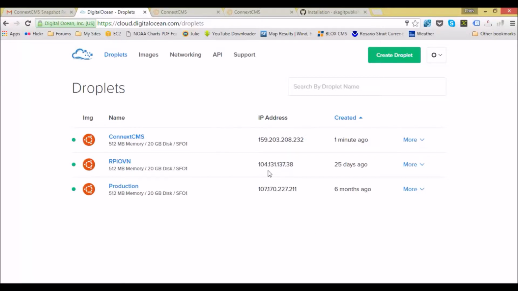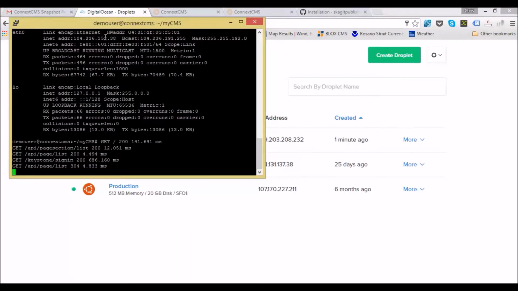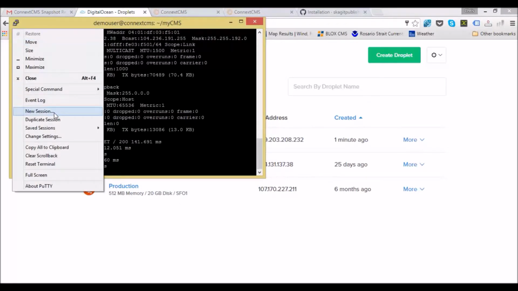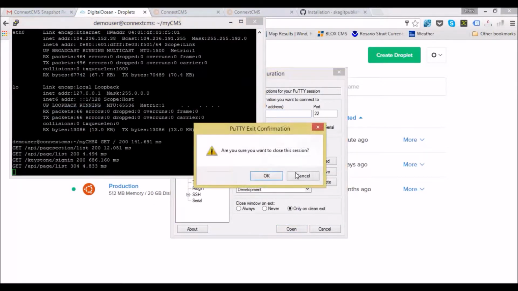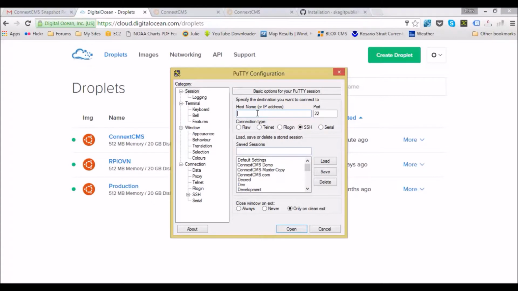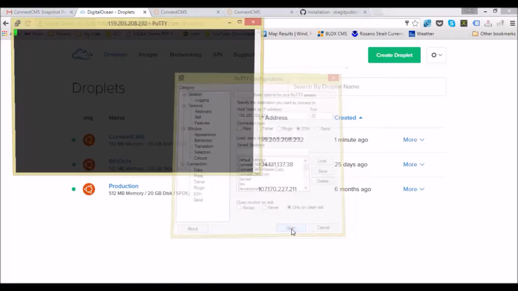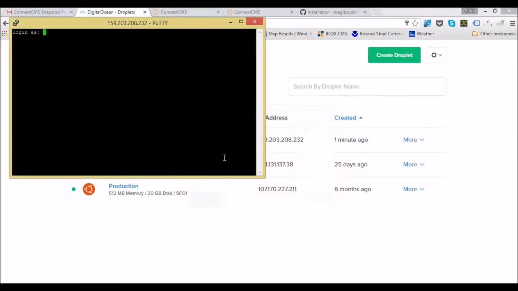So once you get the droplet set up and you copy your IP address like that, you want to open up a terminal window. I like to use PuTTY. You can use whatever you want. PuTTY's free, just Google it. Put in the IP address of your droplet, and it's going to run on port 22, which is for SSH. Click open, accept the RSA key, and then log in with that demo user login name, and the password is